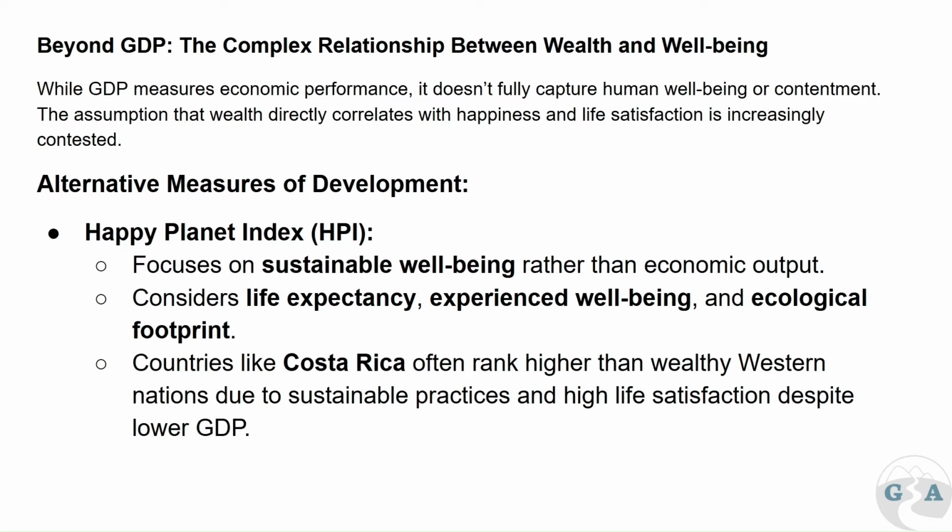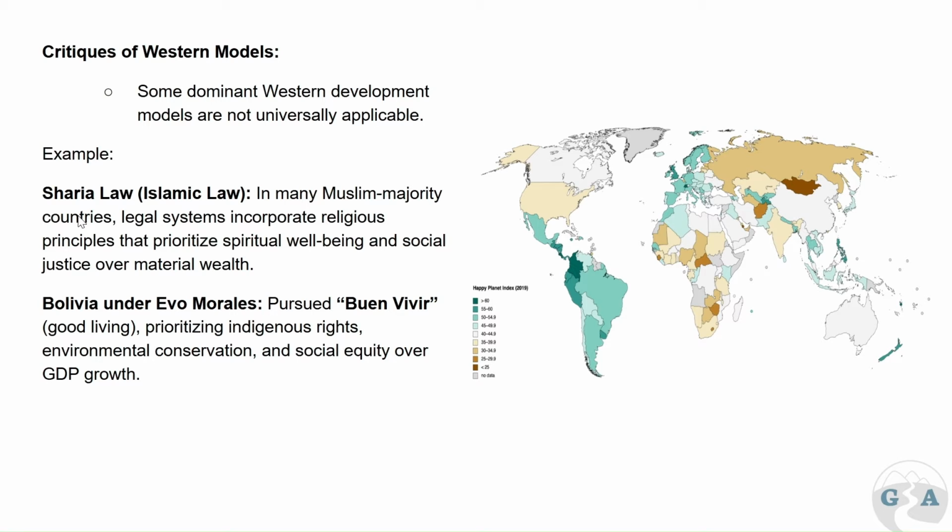And we can see countries like Costa Rica ranking higher than HICs. So this means that people are more satisfied with their life, and we can see that countries that have a higher HPI are maybe less developed in some areas. Some countries that are less connected are often higher in the HPI. So for example, Philippines and Colombia are higher than countries like USA or Germany.